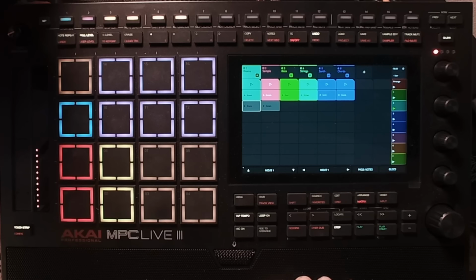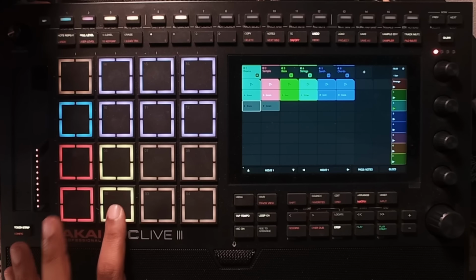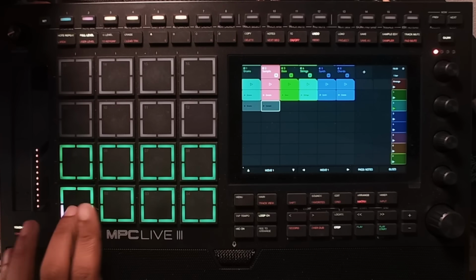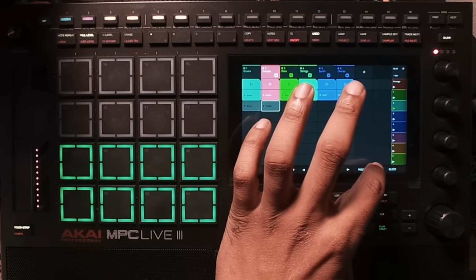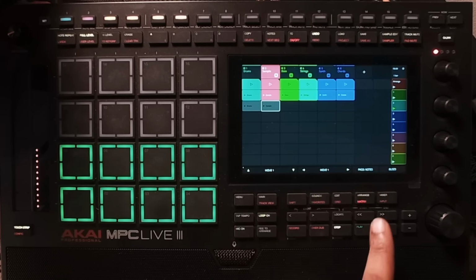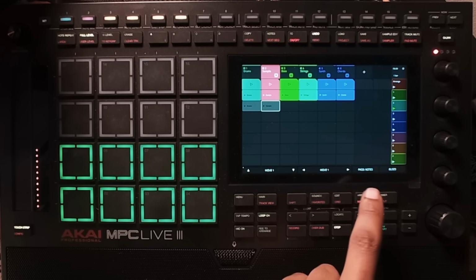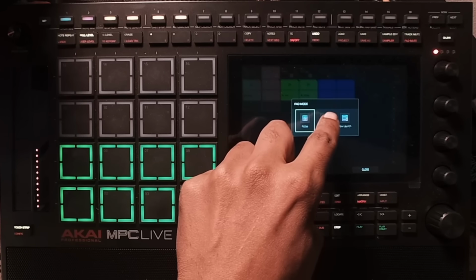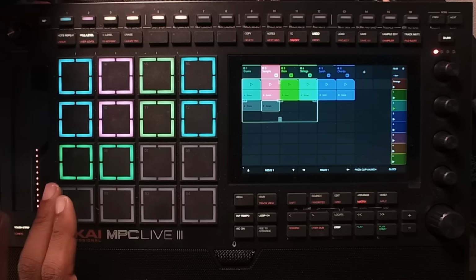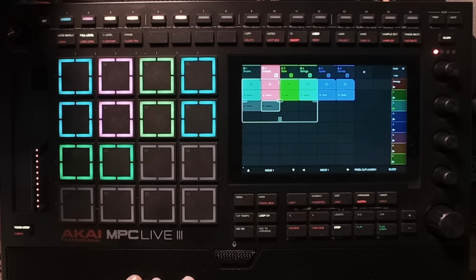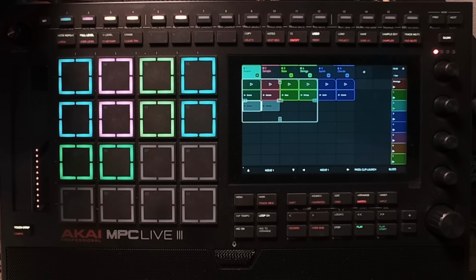Yes, you can. So right now it's in note mode and I'm on the drum track right now. So I'm only controlling the notes in that drum and I can go and select the sample and I can control the samples. Now, what we can do is where it says pad notes at the bottom right side of the screen, go over here and change from notes to clip launch. And as you can tell, you can see what you're launching. So if I want to launch the drums or everything in that clip,